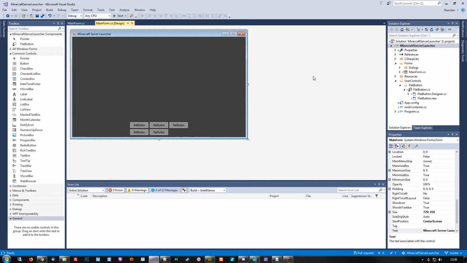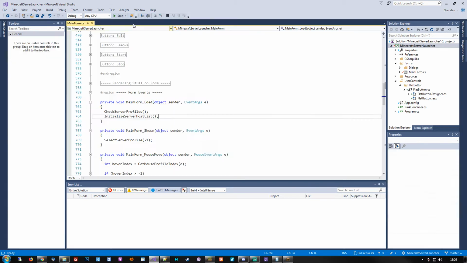Okay, so let's see if we can set up some kind of schedule manager. Now, for a schedule manager, we're going to need something that monitors the current time of day. We don't particularly, at the moment, need to look specifically at the date or say the day of week or something like that, unless we at some point decide to